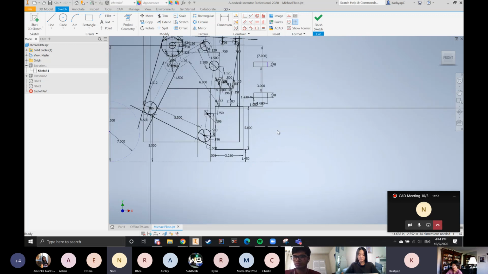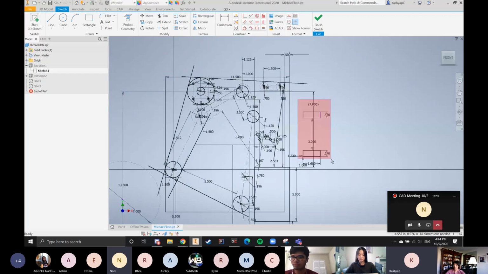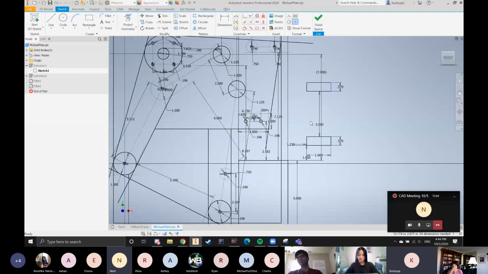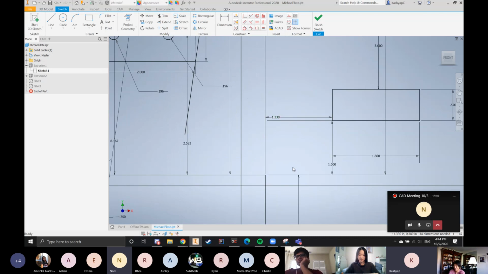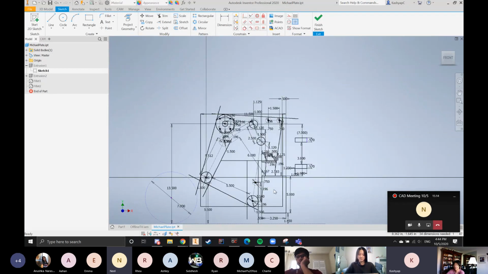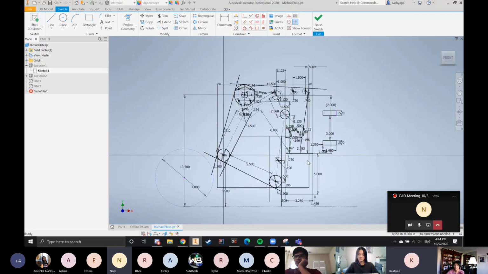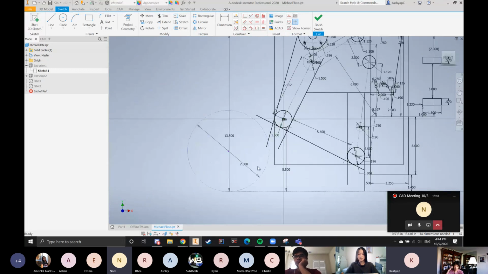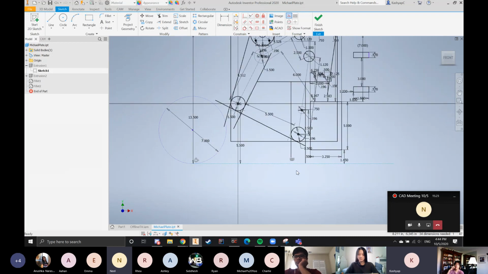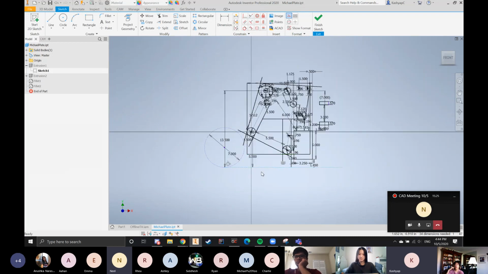Another example of that is these two rectangles right here, which are not actually rectangles. They represent the wheels of our center mechanism, which I knew was about 1.23 inches back from the end of our bumper on our 2020 robot. So another thing is here's a construction line, right? And one thing I really like to do when I'm doing these kinds of sketches is create a construction line